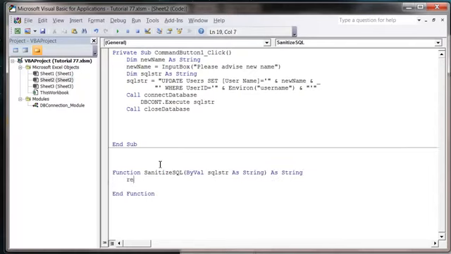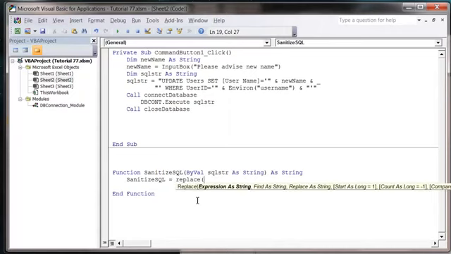Then all we're going to do is make sanitize SQL equal to Replace, SQL string,